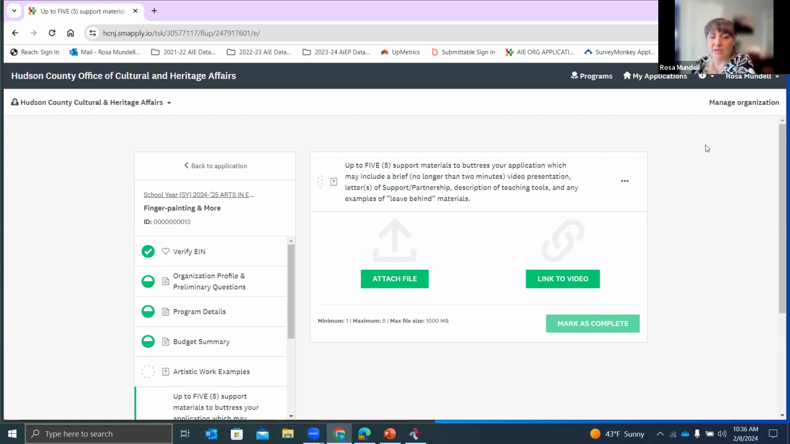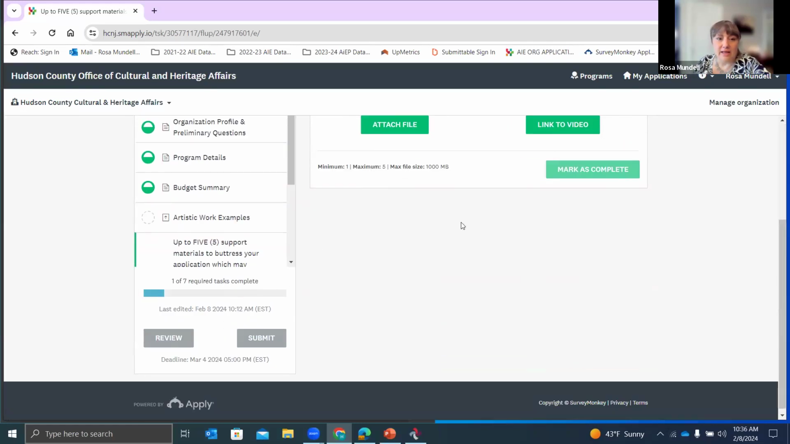For instance, I know we had a program apply last year, and part of it was actually making an instrument. The students made their own instruments, so they included photos of what that looked like, and what they got to take home with them or use during the actual programming. And then